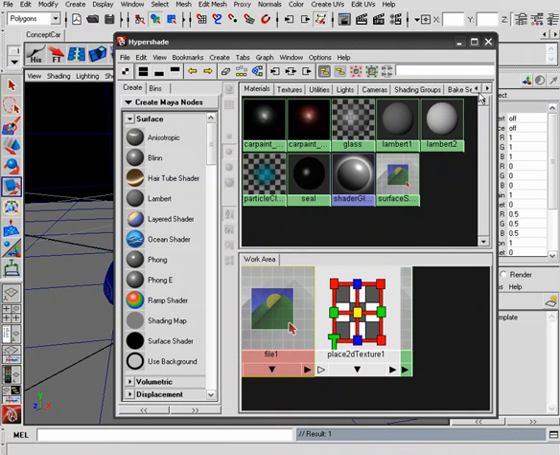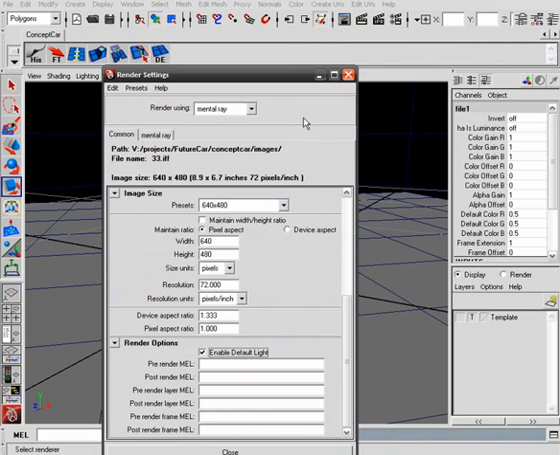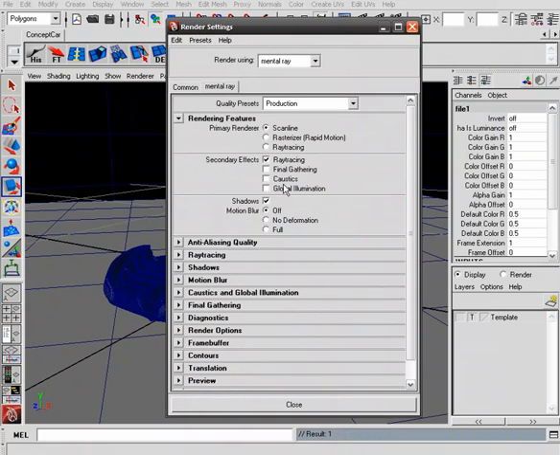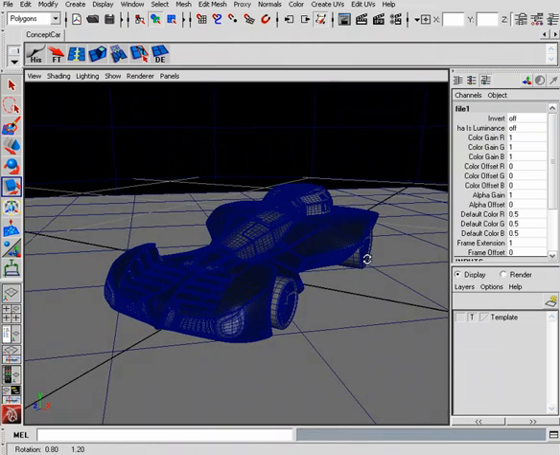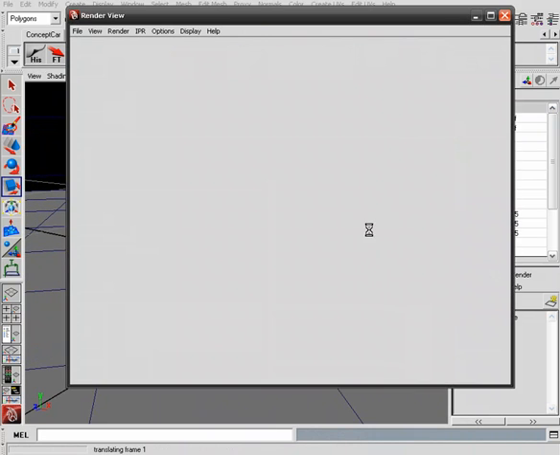Now, initially, we're just going to visualize this by seeing the reflections it creates, not necessarily the lighting. So I'm going to make sure that my default light is on. I'm not going to check Final Gather quite yet. I just want to kind of preview this. So now let's go ahead and take a render and see what this looks like. So while this renders up,